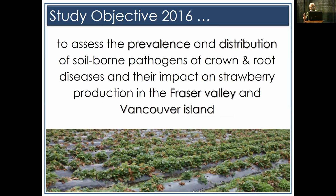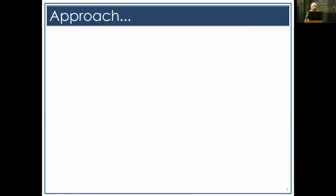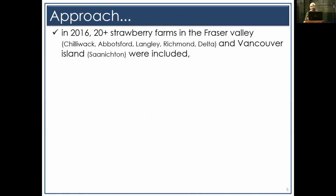We did it in two areas. One is the Fraser Valley, along the southern border with the US, starting from Delta all the way east to Agassiz. We also did some sampling on Vancouver Island. Our approach was to sample about 20 fields, a substantial number of fields in strawberry production, both on Vancouver Island and